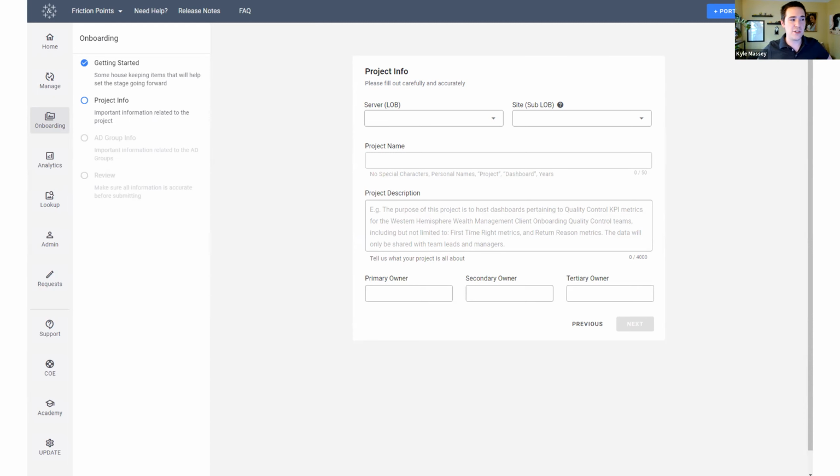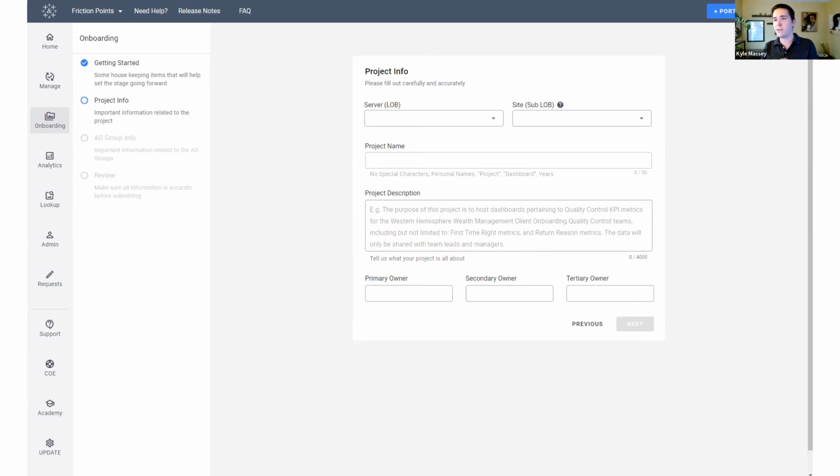This onboarding automation allows a user to have a new project that they can use the very next day. And the only reason why it takes that long is because it takes AD, Active Directory, a while to sync up. But we collect some information from them, we send it through our automation, which creates groups for them. It puts them in our request system.